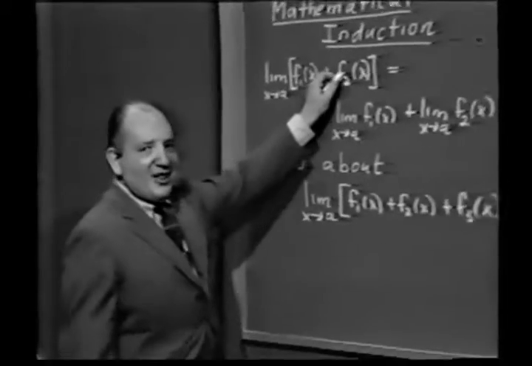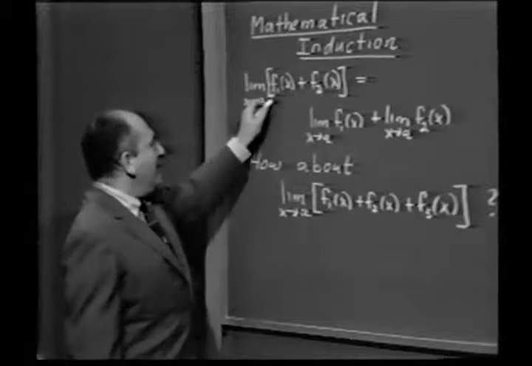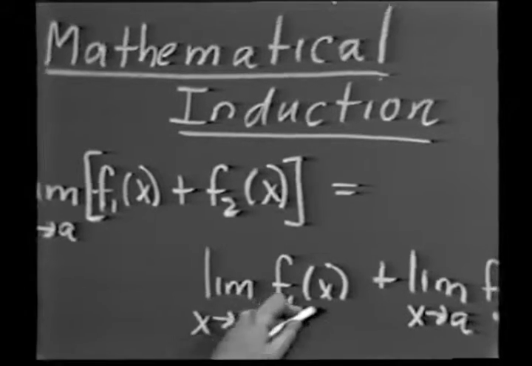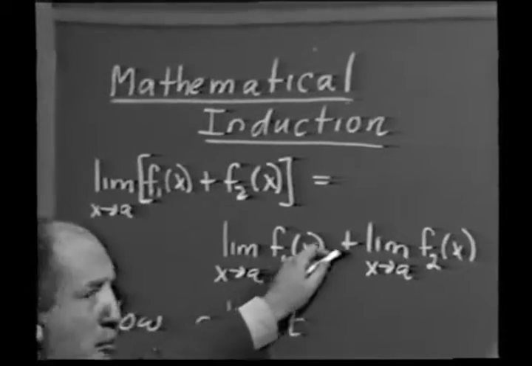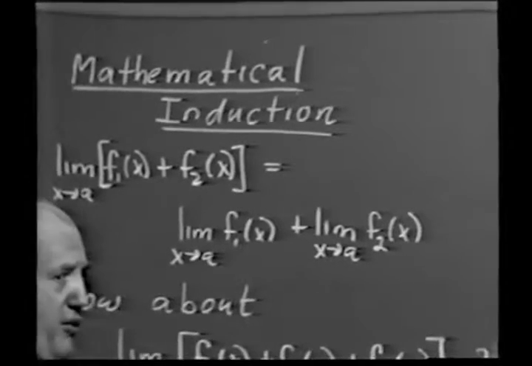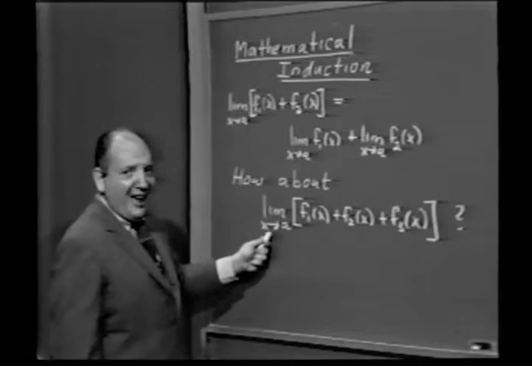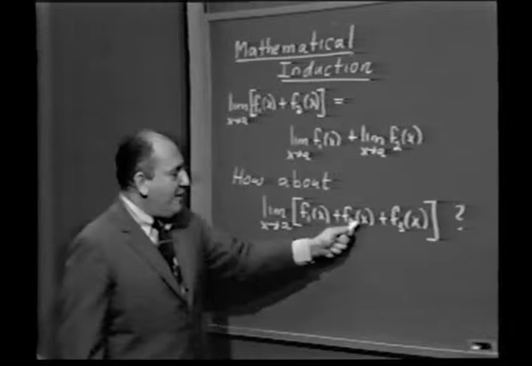just what the concept means. Recall that in an earlier lecture, we have proven that the limit of a sum is equal to the sum of the limits, provided, of course, that there are only two terms in the sum. That is, if we have two functions f1 and f2, the limit of f1 of x plus f2 of x as x approaches a is the limit of f1 of x as x approaches a plus the limit of f2 of x as x approaches a. The question now is, how about the limit as x approaches a of f1 of x plus f2 of x